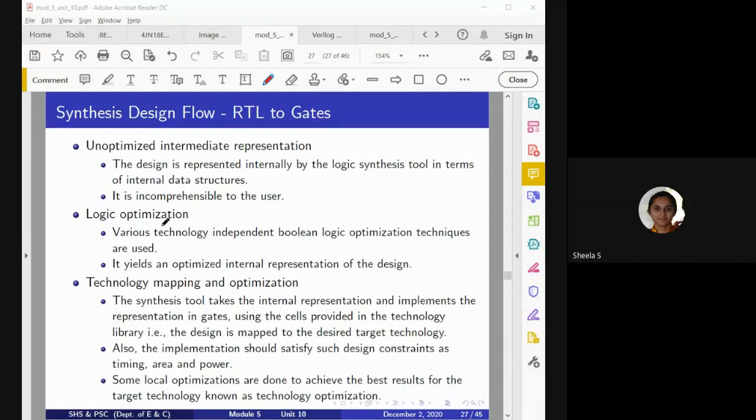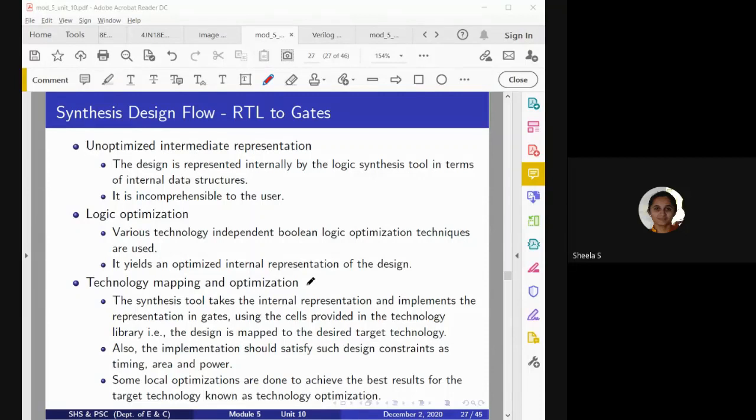Okay, and now next we have technology mapping and optimization. Technology mapping means here a particular vendor who wants to build a specific circuit will mention using which particular technology he wants to build the corresponding circuit. For example, if you want to design a microcontroller or a microprocessor, there we may use CMOS nanometer technology, or for some particular ICs they can use some micrometer CMOS technology.